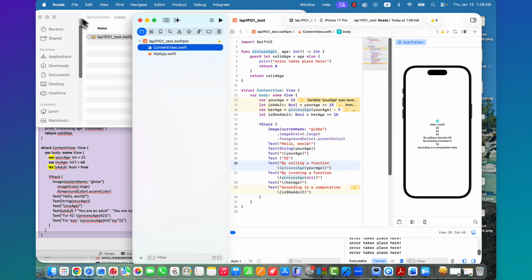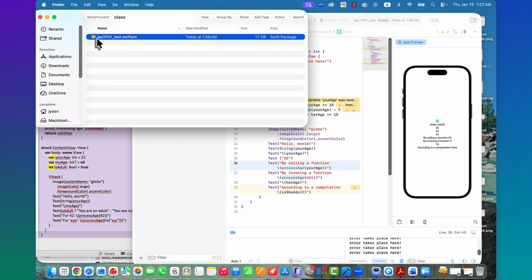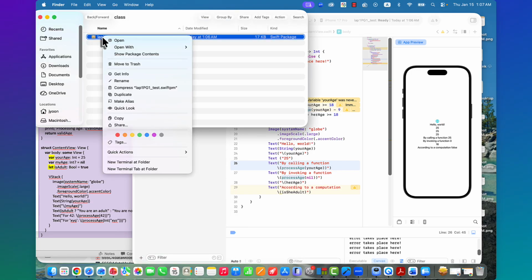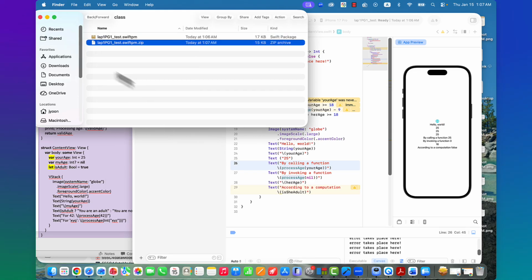I want you to submit this as a whole. So what you need to do is compress here. This is compress, zip files, so that I can open this.